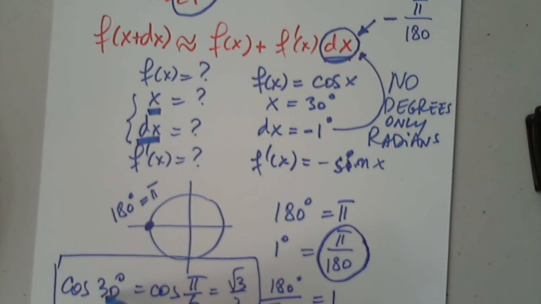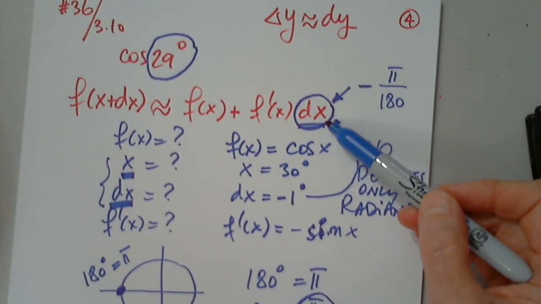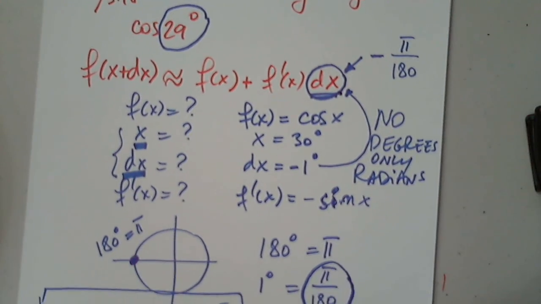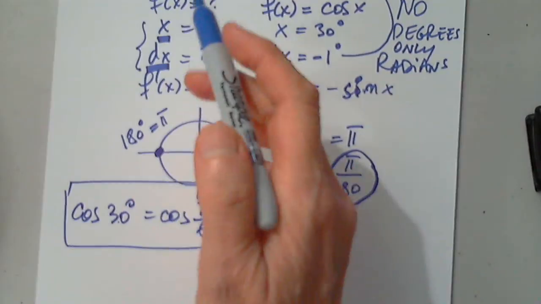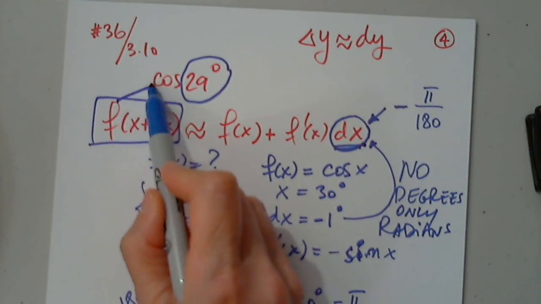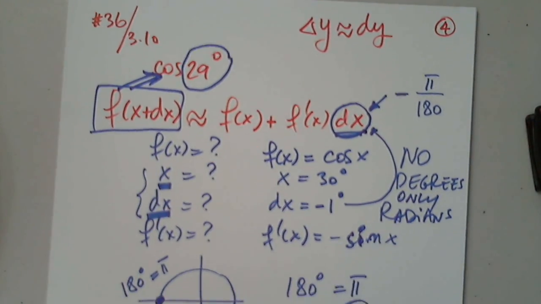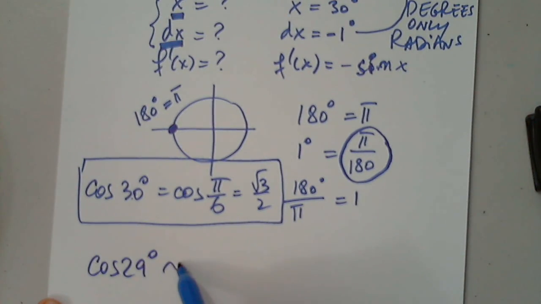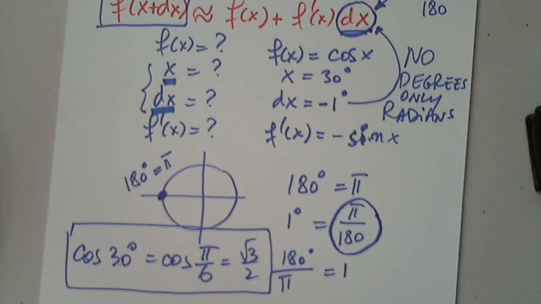Who cares what I have inside of the trig function? No one does. But this is something outside of a trig function. It has to be replaced by radians. So we have everything we want. So then cosine, this piece is this. So then cosine 29 is approximately, and now I just have to follow